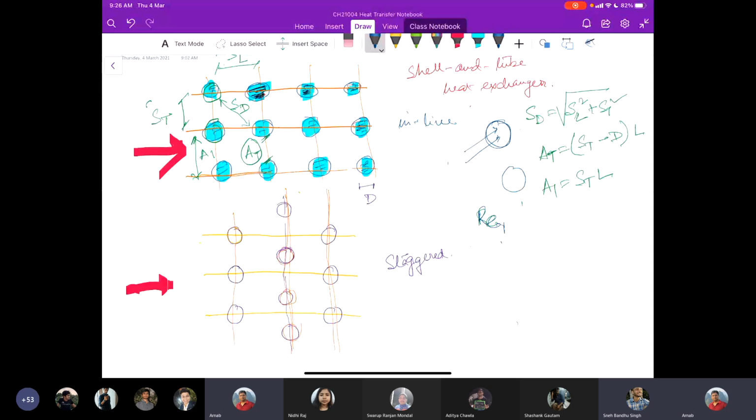We should take the length as n times SL. So say if I go from the very basic, the Reynolds number we will calculate based on the tube diameter, because it's an external flow. Like the particle Reynolds number, the way we have calculated it, also the Reynolds number in other cases when the flow is over an object, a spherical object. So the Reynolds number based on the tube diameter.